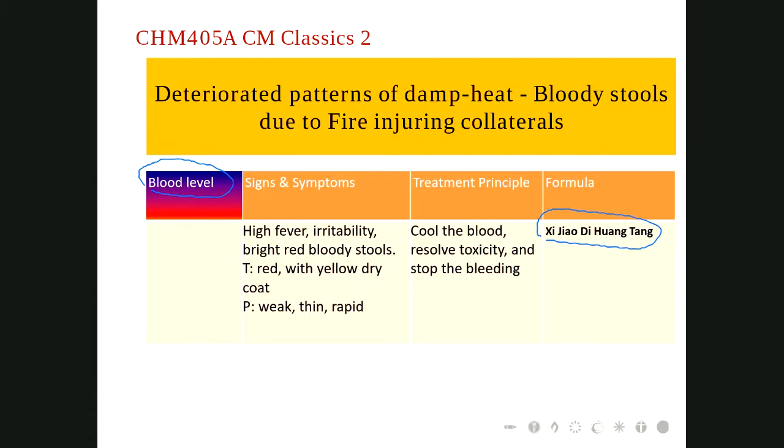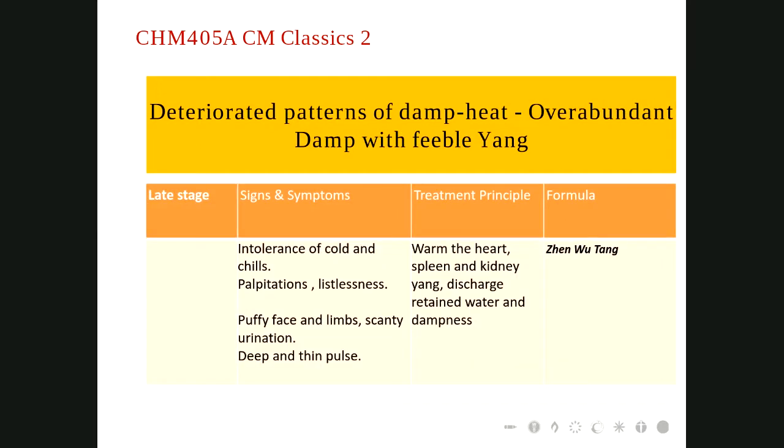So just try understanding the concept, that will be enough. Zhenwu Tang, usually we know that it's related with what? Kidney yang deficiency. This is a very late stage after suffering damp heat for quite a while and excessive injury of the qi due to exuberant heat, and can cause a very severe yang collapse. Some body fluid retention will still be presented, and intolerance will occur, and then Zhenwu Tang will be applied based on the syndrome differential diagnosis.